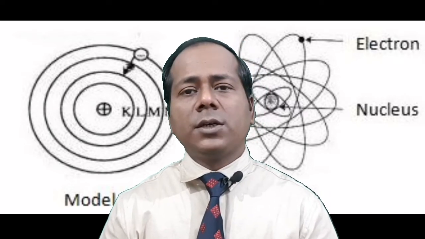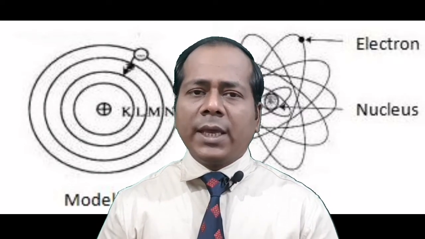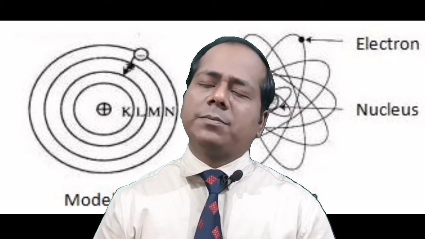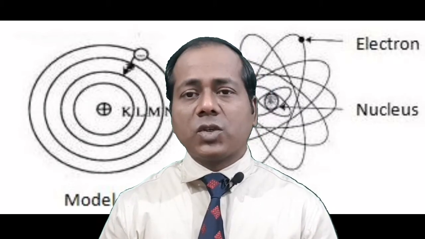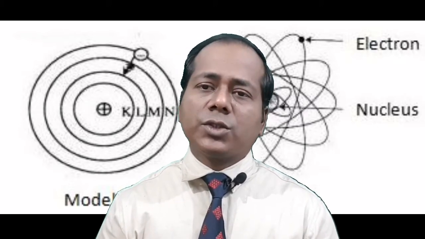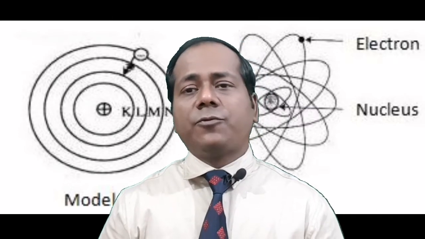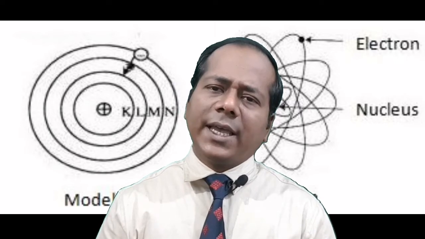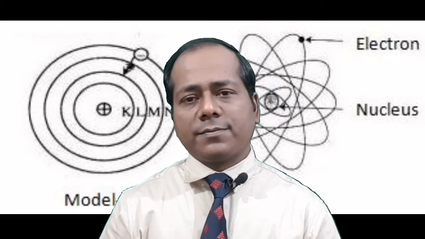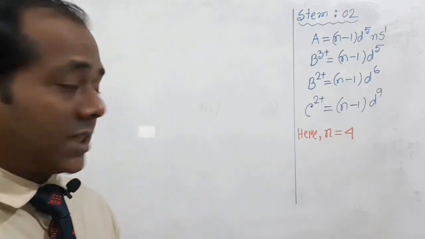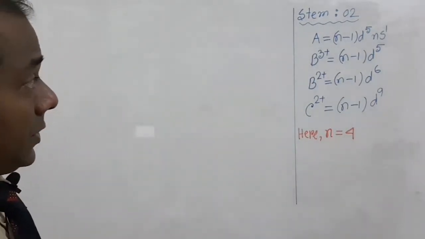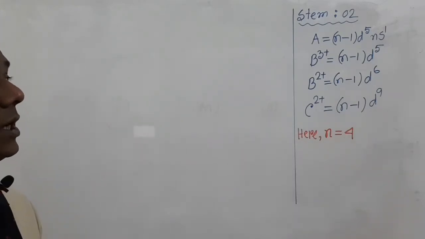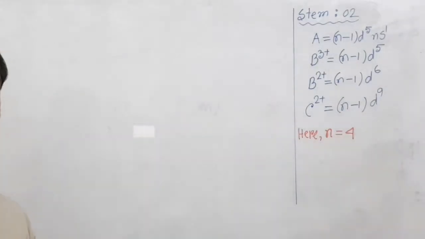Radius of orbit, momentum of electron, energy and frequency of line spectra cannot be determined by Rutherford's model. Radius of orbit, electrons' momentum, energy and frequency of line spectra can be determined with the help of Bohr's atomic model. My dear students, our next STEM here given element A, electronic configuration n-1 d5 ns1,